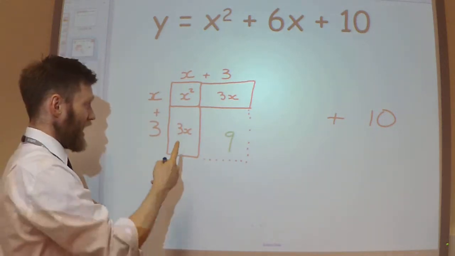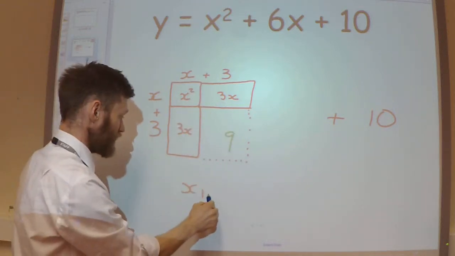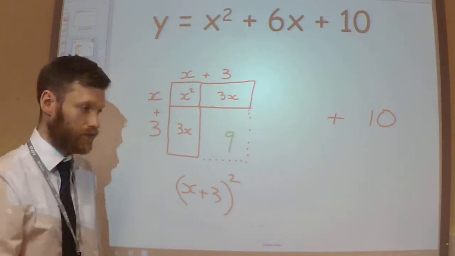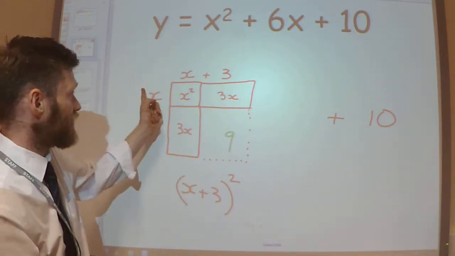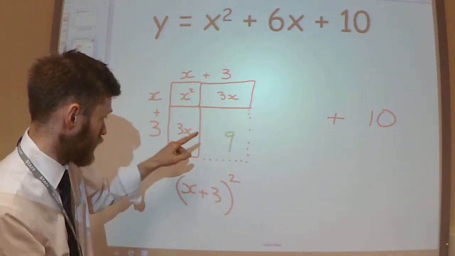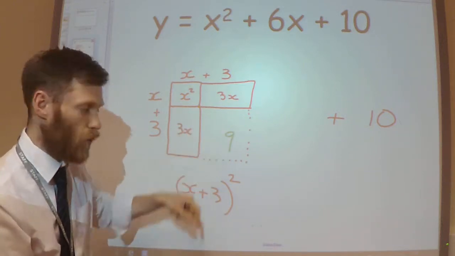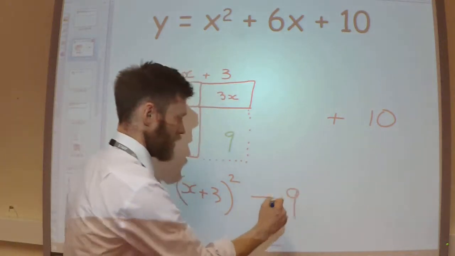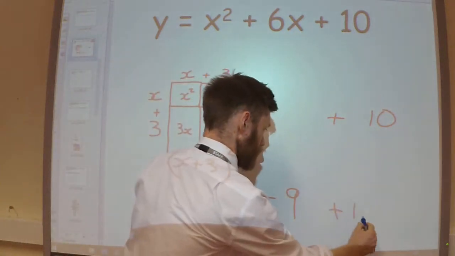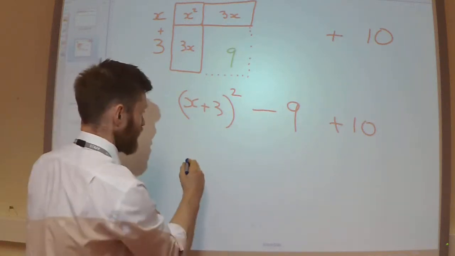So therefore the area of this whole square would be x plus 3 all squared. x plus 3 times x plus 3. However, in my original equation I didn't have that 9, so I need to take away the 9. But I do have the 10. Therefore, this can be rewritten